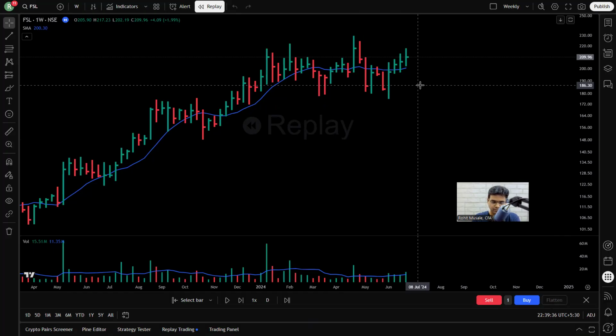So swing trade means daily time frame. Positional trade means daily time frame and weekly time frame. However, positional, I will do my best to take the trade on a daily time frame chart rather than a weekly time frame chart, because on the daily time frame chart, I might get an early entry. I might get a chance to buy the stock early if I'm taking the trade on the daily time frame chart. But if on the daily time frame chart I don't get a proper buy point,